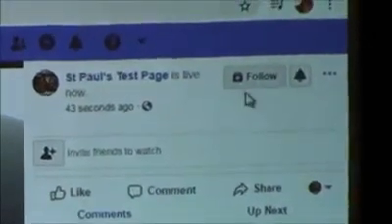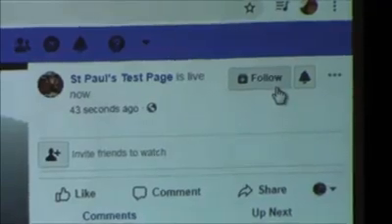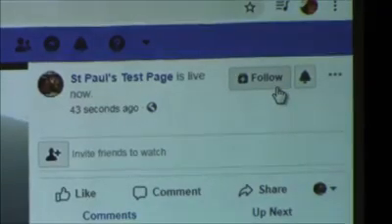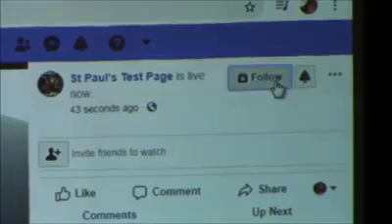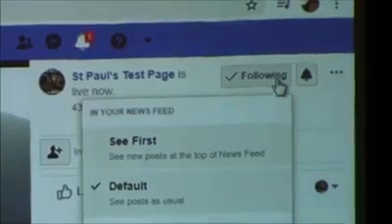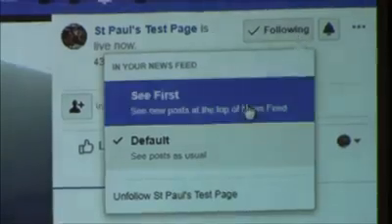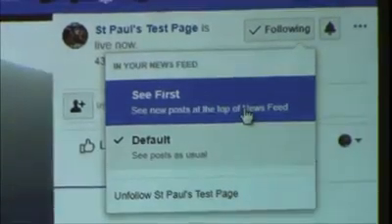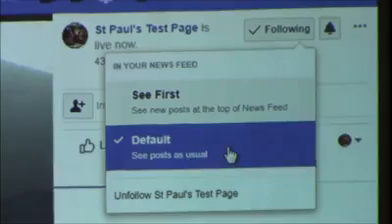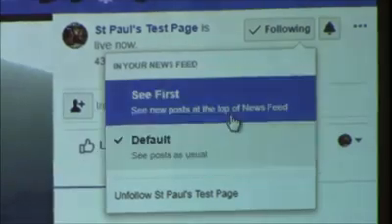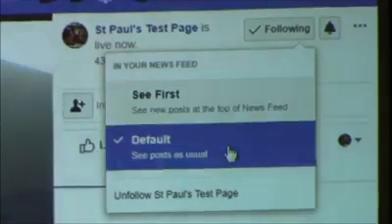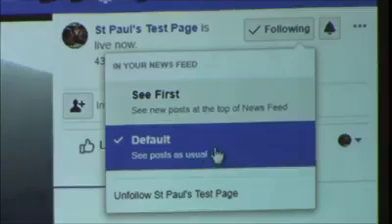If you don't currently follow us, and I believe if you click on that, you will be able to, it'll say in your news feed whether you would like to have all of our posts in your news feed or only some of. The default is whenever Facebook decides to send you a notification, they will.